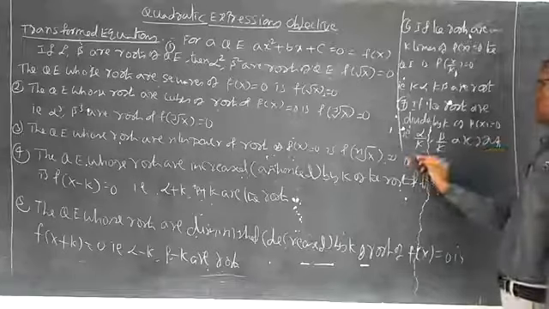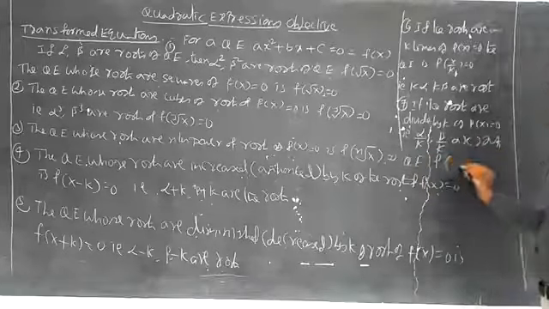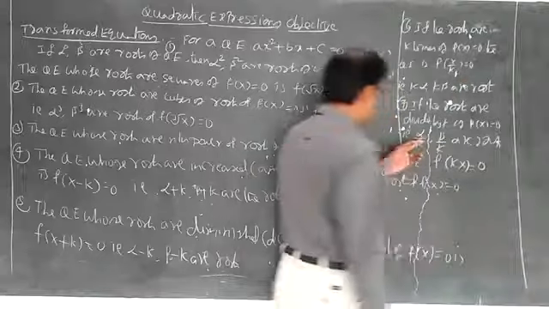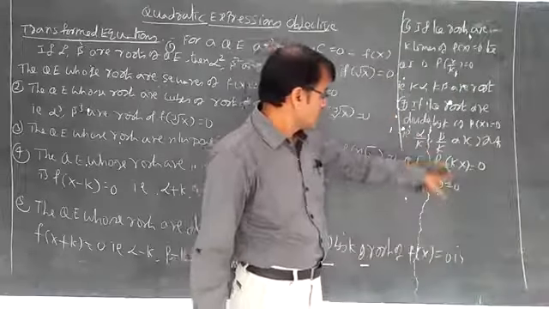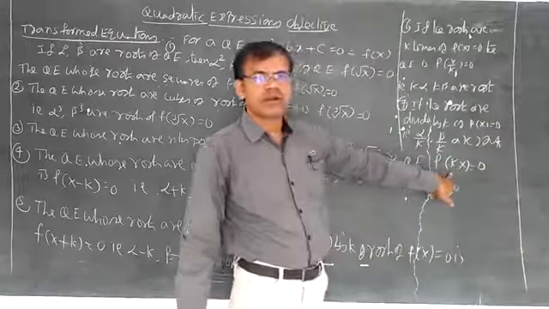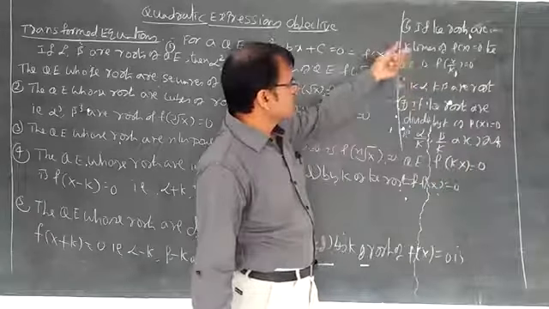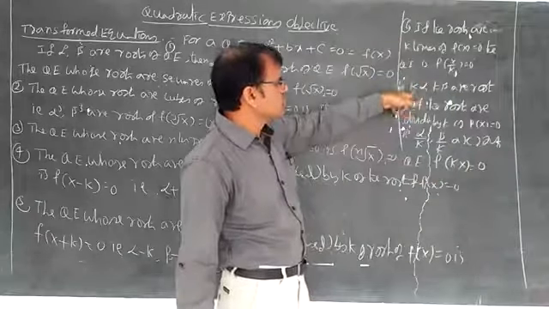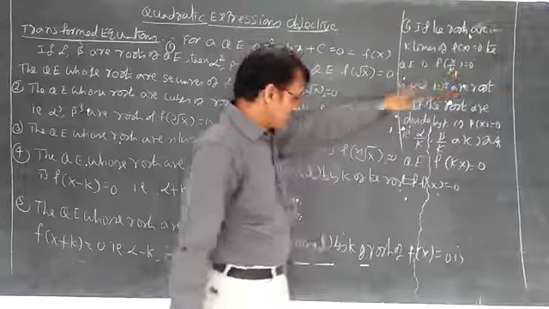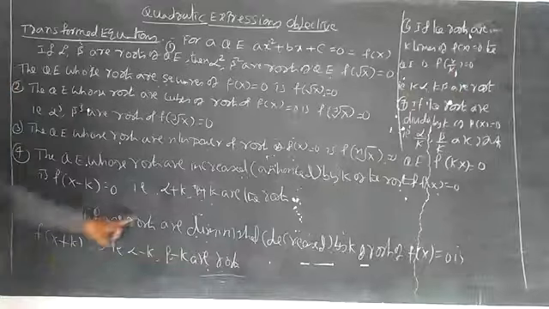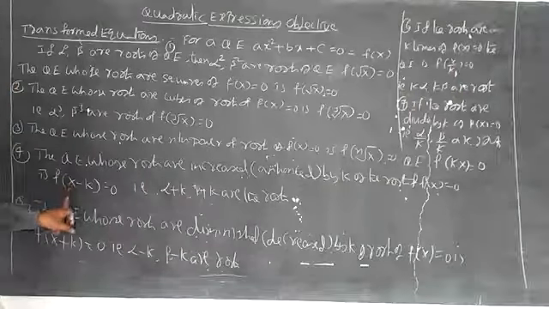Then the quadratic equation can be written as f of kx equal to 0. Observe that whenever there is division for roots, here the number is multiplying for f of x, f of kx. If it is k times, that means multiplication, here it becomes division. If it is decreasing, here it becomes plus. If it is increasing, here it becomes minus.